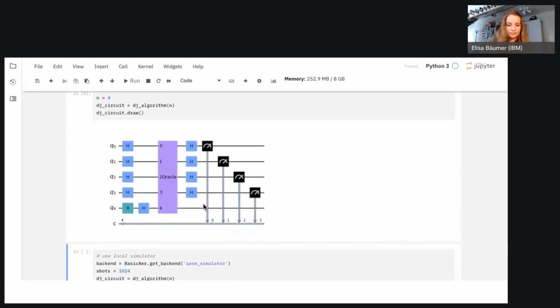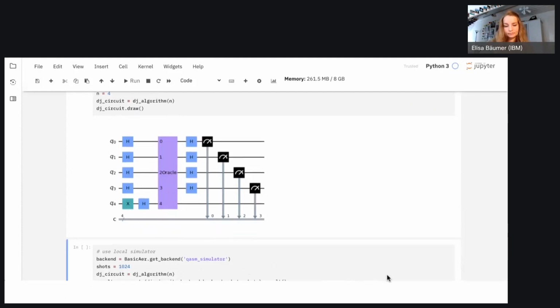And here we go. We can see we have our 4 qubits, the ones that we actually run this algorithm on, basically. Then the oracle, and then again Hadamard gates, and then the measurement. This is the Deutsch-Jozsa algorithm. And then on qubit 4, that's our auxiliary qubit, where we first prepare the minus state, and then it's needed for the oracle, right? And then in the end, it will also return the minus state again. But that's the one that we don't care about, so we're also not going to measure it.